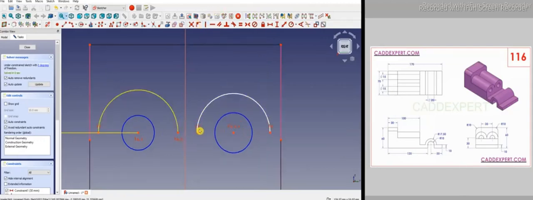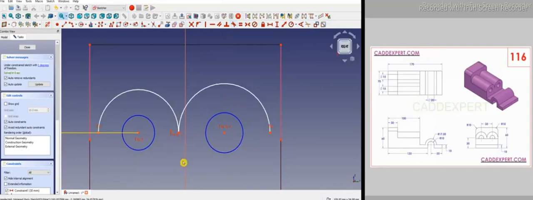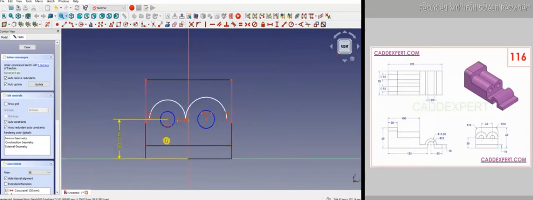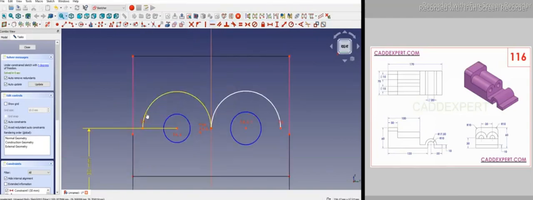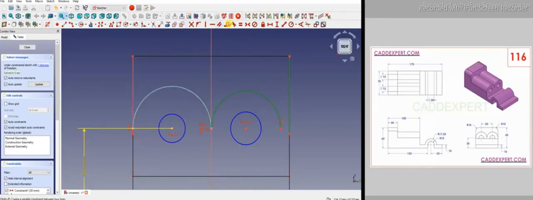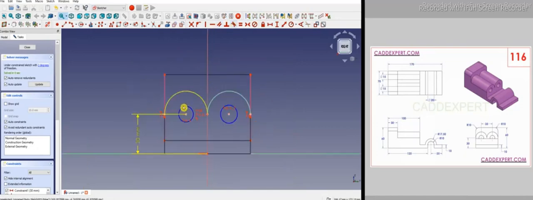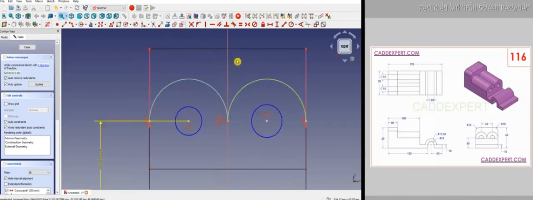Now I will select this and this, and I will make it tangent. I will make this and this the center. Now I will make this and this tangent, and this and this tangent. So here our outer arc we have found it, and if you check its dimensions, so